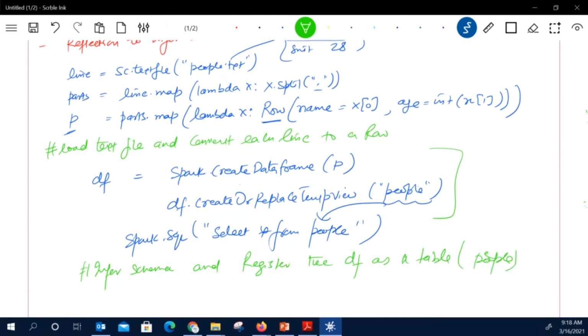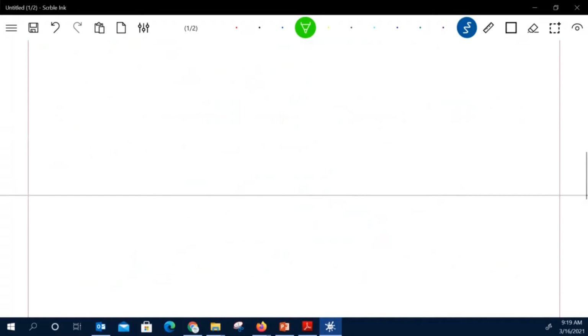The important point over here, if you see it again: first we created an RDD, and after that we did some transformation just to create different rows, and it converts each line into a different row. With this we have created a data frame, and after the data frame we have created a temp view, which will help us apply SQL commands just like we did in Oracle. With this, the schema will be automatically inferred, because we have created age and name as the schema type. Okay, so this is our first approach.